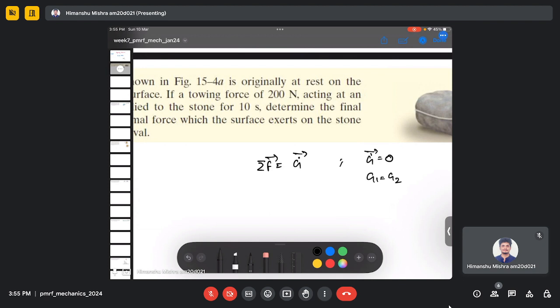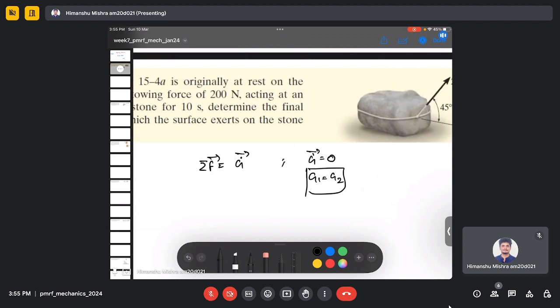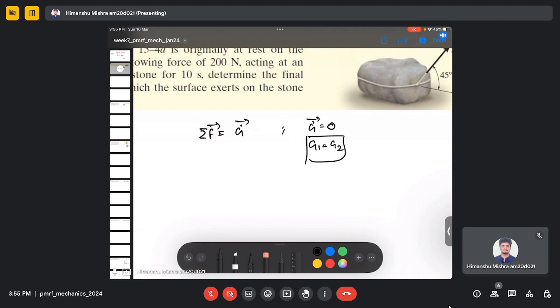So this equation is valid when there is no external force which depends on time, or when there is no impulse acting. But when there is a force which is time dependent, or there is an impulse,